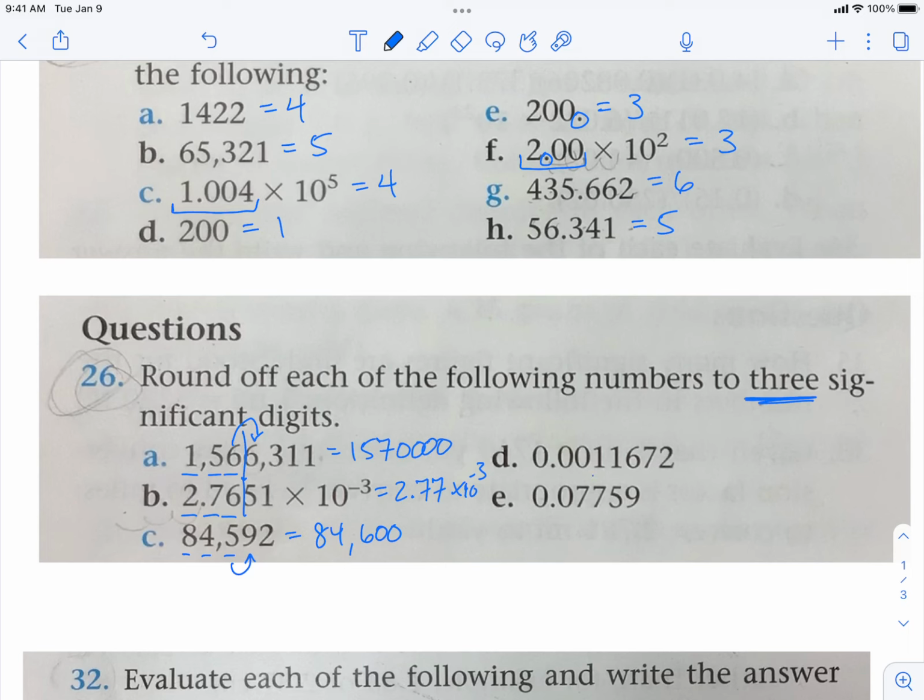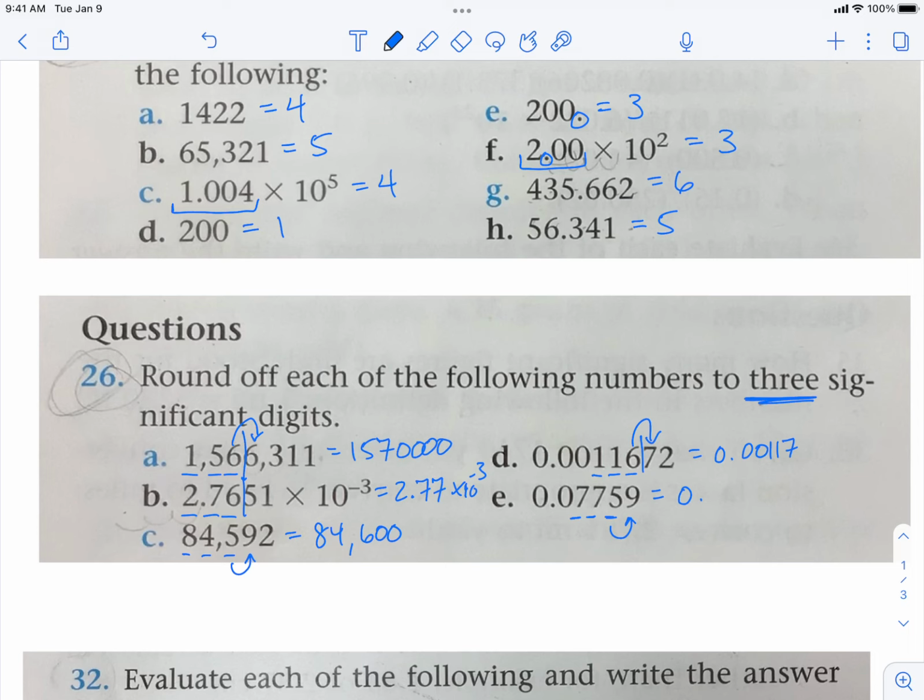For letter D, we start counting at the 1. It's our first non-zero number. Again, we're looking next to the 6 to see if we should round. So this is going to be 0.00117 for our significant figures. We're not going to add any zeros afterwards because there's a decimal here; if I add trailing zeros, they become significant. All right. For letter E, again, we start counting at our first non-zero number, and then we're looking next to